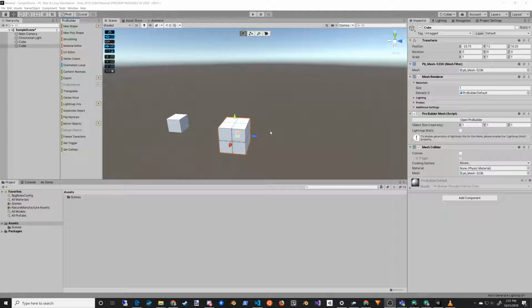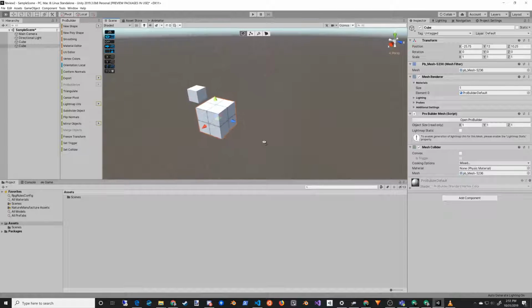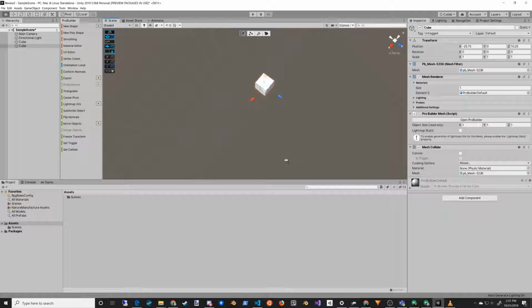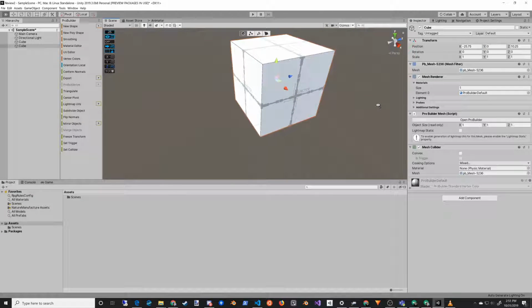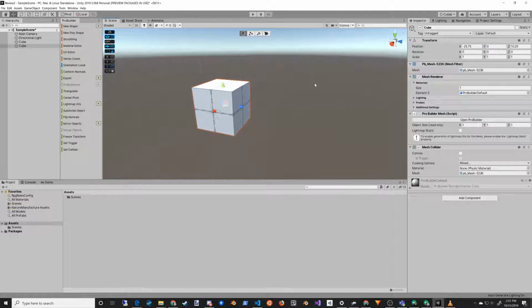So if you don't like the pivot being in the center of the object, which can be annoying sometimes, like if you have a ground plane at 0, 0, 0, or even just if you set this to 0 in the Y, then you can see that half of the cube is quote unquote in the floor, even though I don't have a floor here. But let's just add a normal